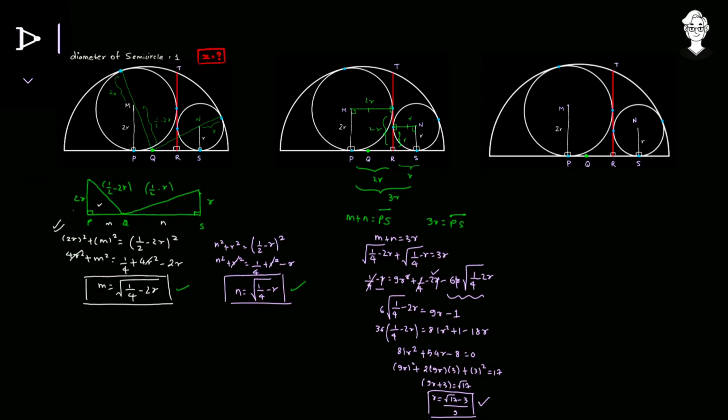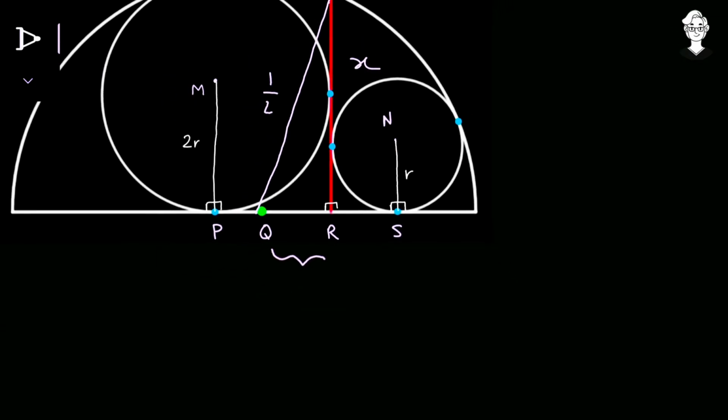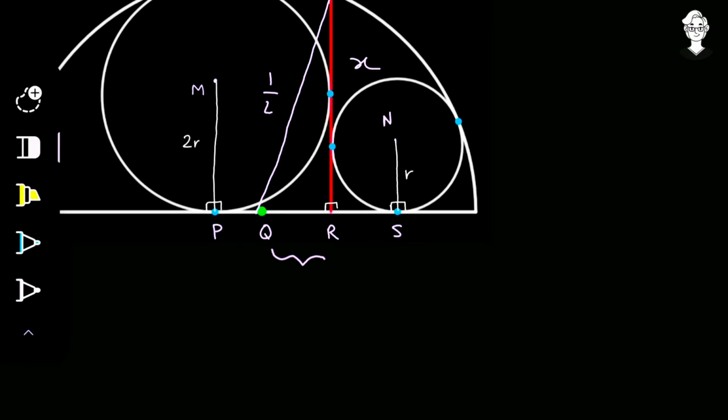Now the final step in which we are going to solve for the value of X, that is the length of this red segment. So now what we will do is join from the point T to the point Q. Yes, so let us do that over here. So from point T to point Q, TQ is going to be the radius of this semicircle, so it's going to be 1 by 2. TR is already having the length, that is X. What if we get a perfect value for QR? If we get that, we can just apply the Pythagoras theorem and we can solve for the value of X.